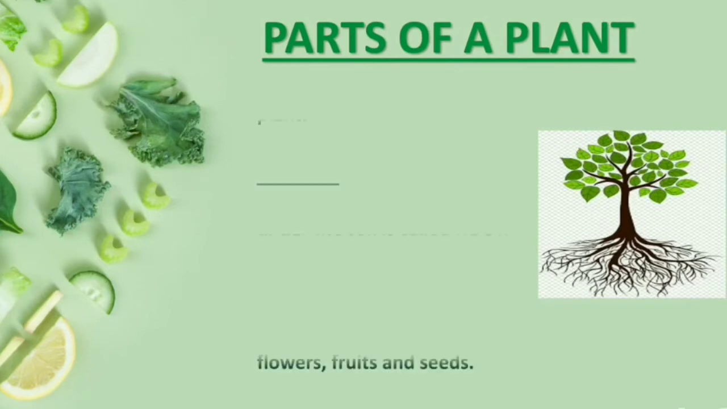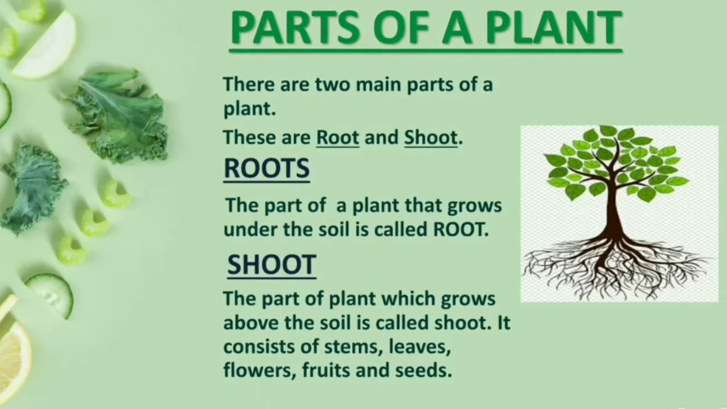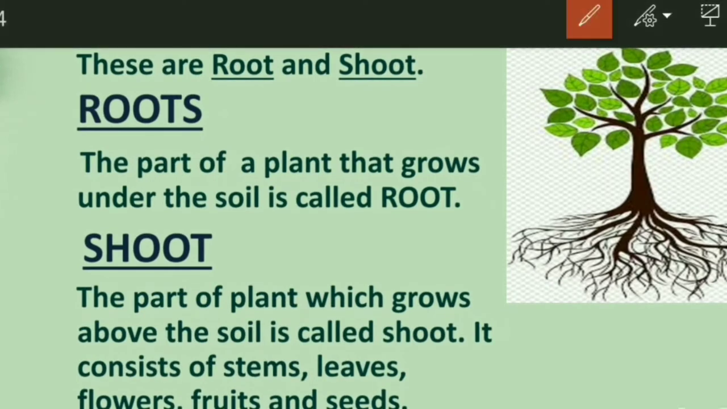So there are two main parts of the plant. They are root and shoot. Roots, the part of a plant that grows under the soil, is called root. In this picture you can see, suppose this is the ground. So the part of plant which grows under the soil, this part, it is known as the root, and the